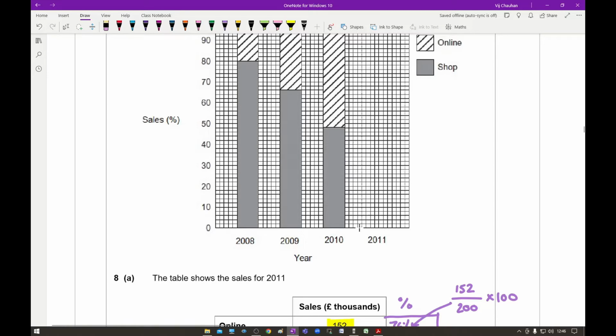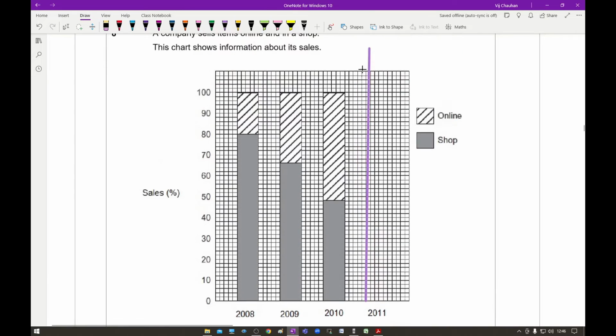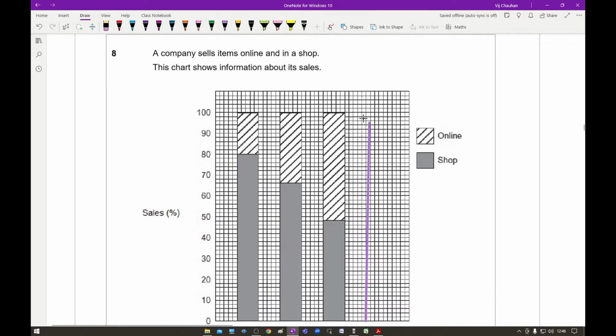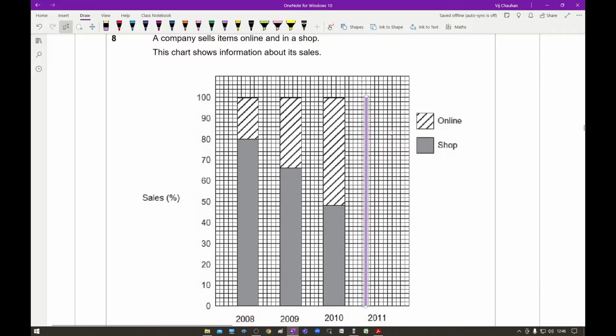Doesn't matter what colour. So I want to try and keep the space as it is. So I'm counting 5 blocks. Hopefully yours will definitely be a lot more accurate than mine. And I'm going to go all the way up to 100, like so. And I'm going to try and convert this into a box somehow, like so. And if I just copy that,